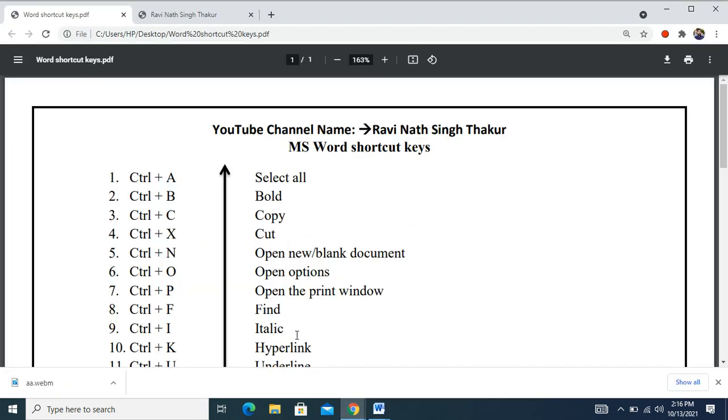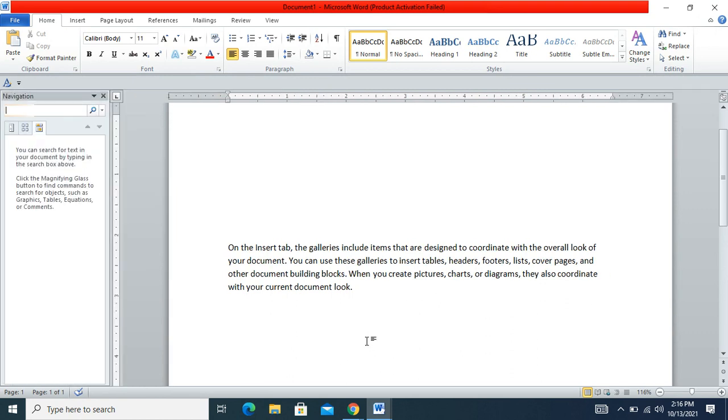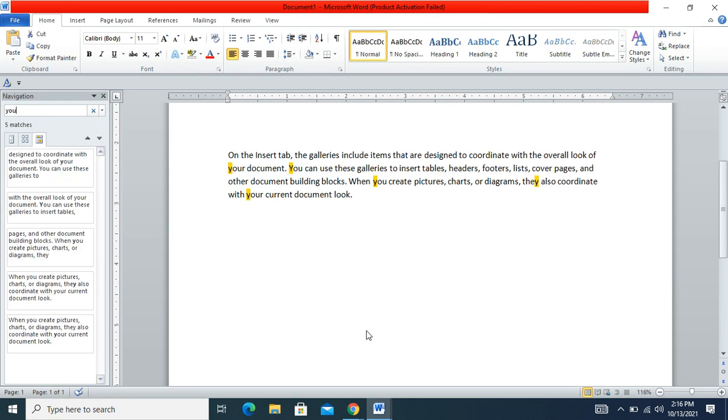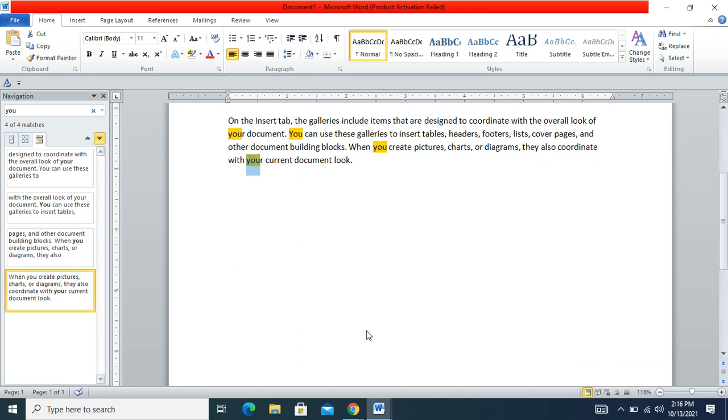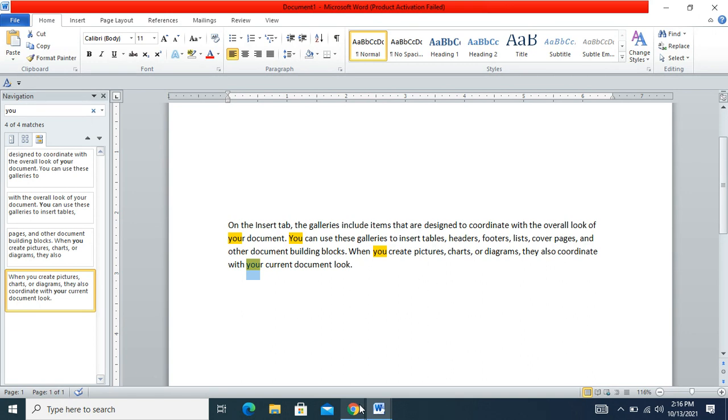Next option is find. To find particular text, press Control plus F. Here type the text, for example, type U. So all the U's available in the text are indicated here.